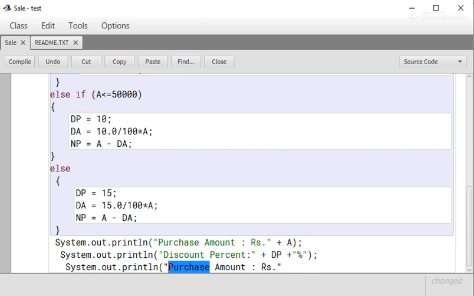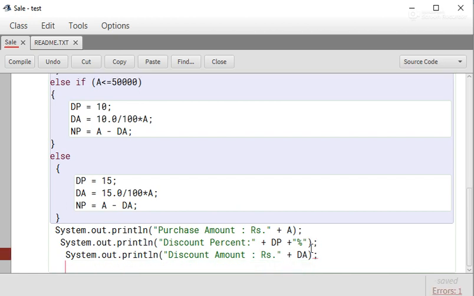Then change the message to discount amount Rs, where is our discount amount? It is calculated in DA. So put the variable DA. Now semicolon.